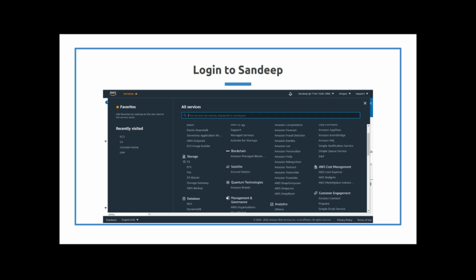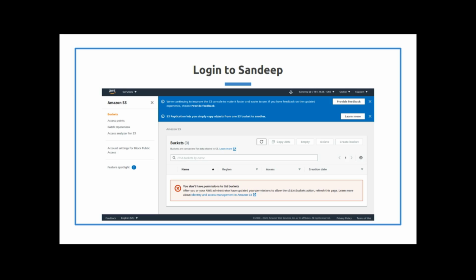So let's see what else we can get into. We can get that warning. Let's see if we can do something else. So let's go to the S3 bucket, and remember, Sandeep is only able to see EC2. And remember, like I said in the beginning, we do have an S3 bucket running in this AWS environment. But this is what it looks like when you log in as somebody that doesn't have access to look at the buckets. It gives us another big error message: you don't have permissions to list buckets. So yeah, got another error message. It's kind of interesting.